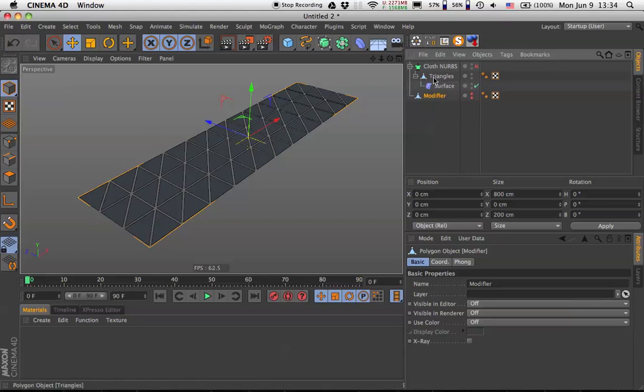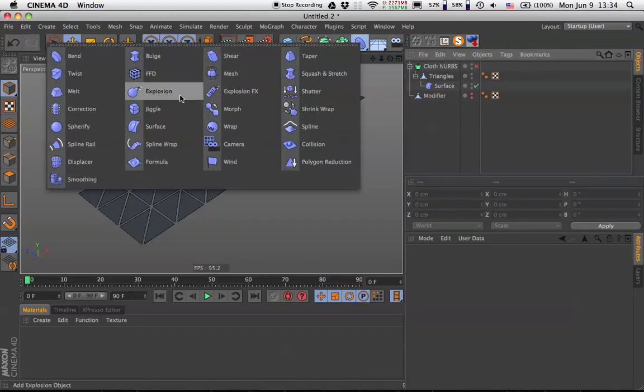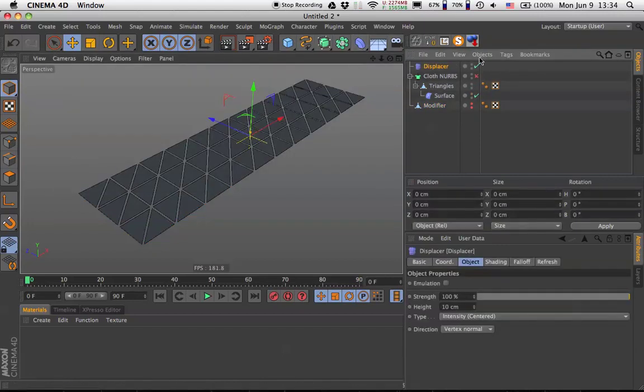Now they are like stitched together, so you can imagine that this plane is laying on this, and for example it's like some kind of cloth, yeah, and if you pull this point here, these triangles align on this cloth, so they will go up here also. So you will see the effect in a second. Let's apply Displacer, apply to the modifier,